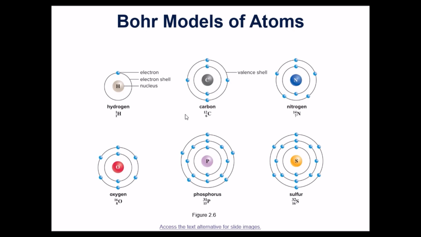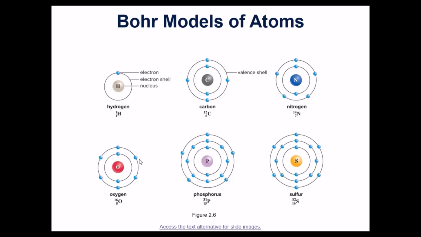And so you can keep adding and looking at each one of these. Nitrogen has a total of 7. It's got 5 valence electrons because those are the 5 on the outer energy level. Notice oxygen. One thing I forgot to mention is this inner shell can only have 2 electrons. Starting with carbon in this diagram, you can only have 2 electrons on the inner energy level. That's why nitrogen, oxygen, phosphorus, and sulfur only have 2 electrons there. And then you can have up to 8 on any of these other shells.